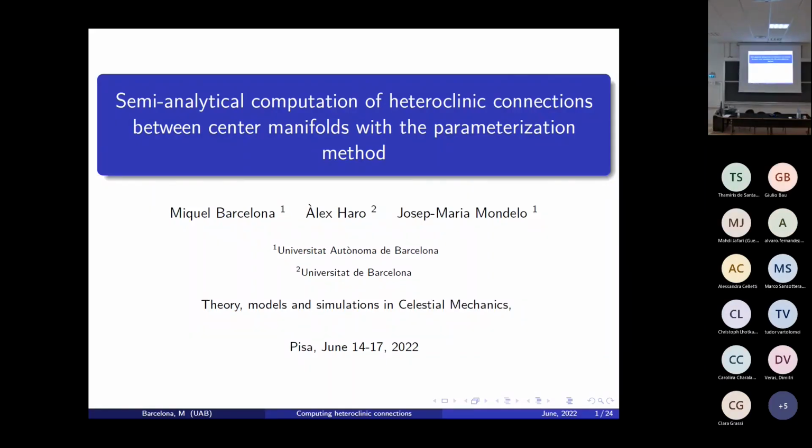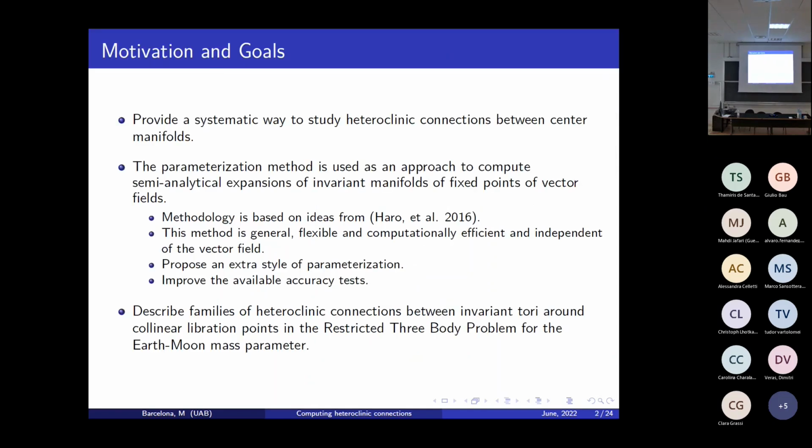Introduction. I'm Miquel Barcelona, and this is joint work with Àlex Haro and Maria Montelo, my PhD advisor, where we try to compute heteroclinic connections between these center manifolds using a semi-analytical technique, which is the parameterization method. In this work, we try to provide a systematic way to study heteroclinic connections by using the parameterization method for computing expansions of invariant manifolds of fixed points of vector fields, which is a technique introduced by